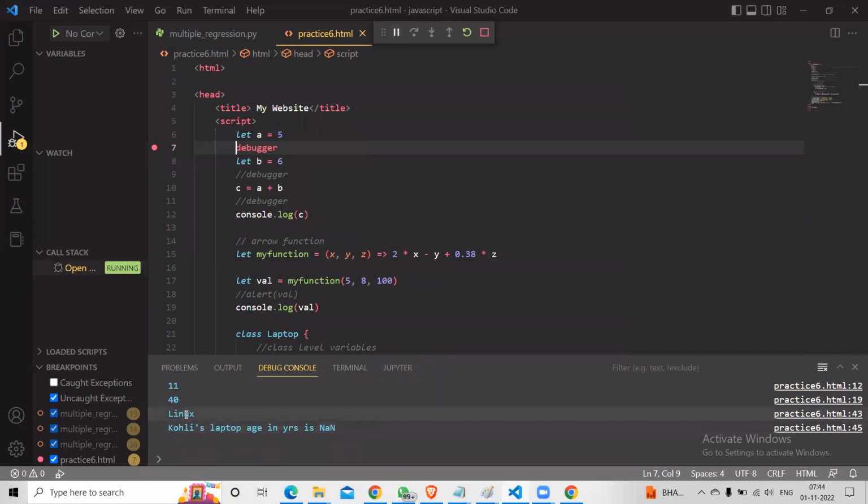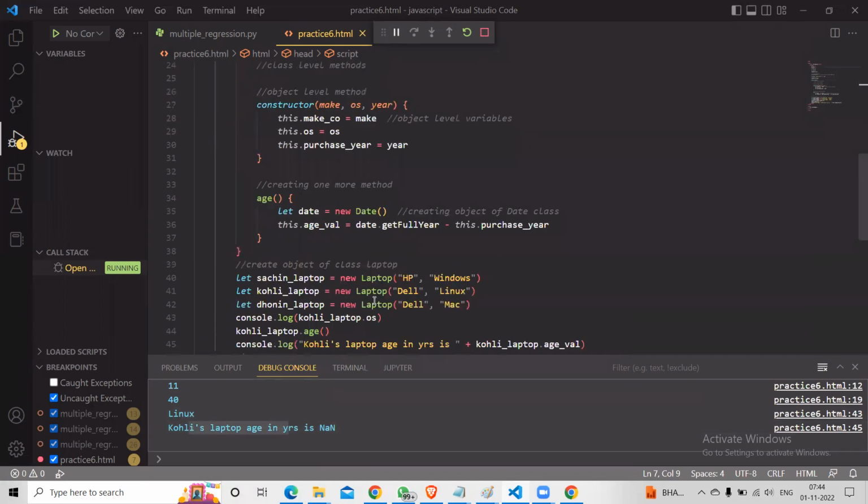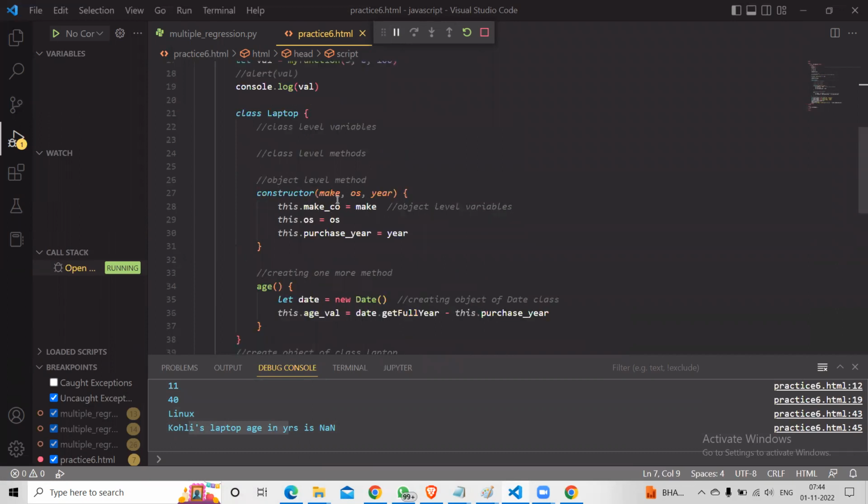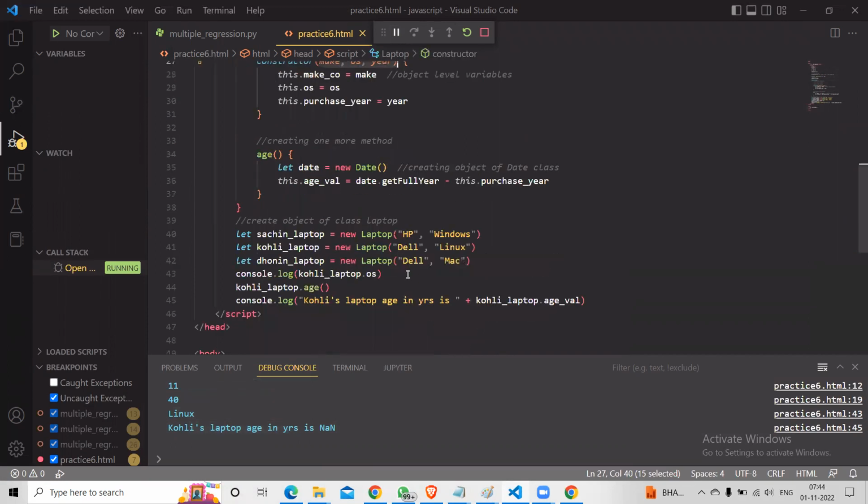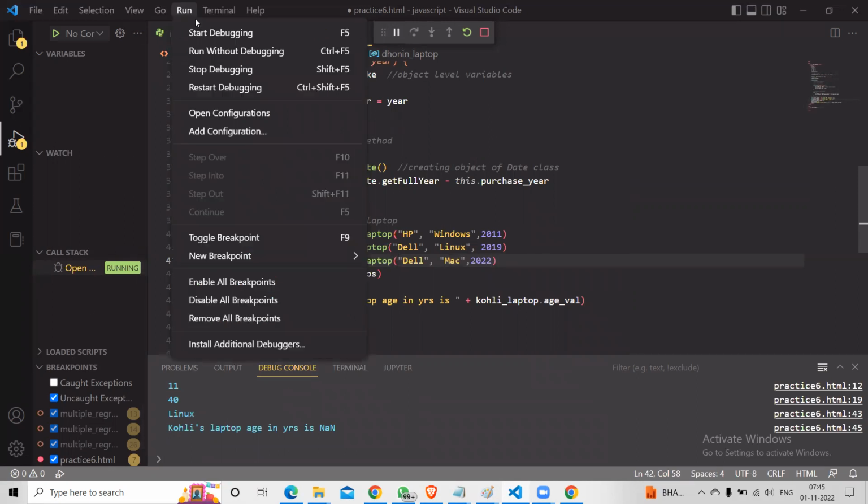Why? Because when we created this object here, it is expecting three variables. We gave only two, right? So we have to give the third variable here, which is year purchase, right? So let's say Sachin purchased in 2011, Kohli purchased in 2019, and Dhoni purchased in 2022, right? So now when we run it,